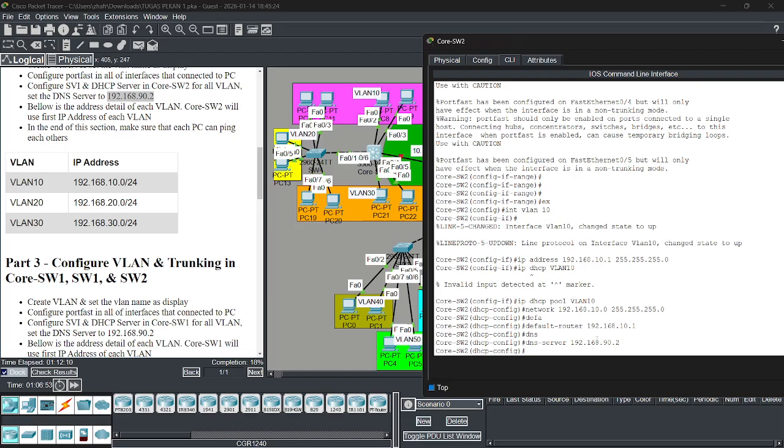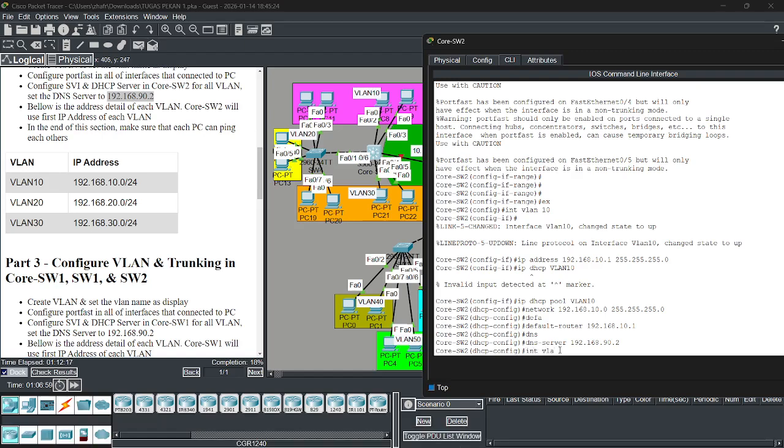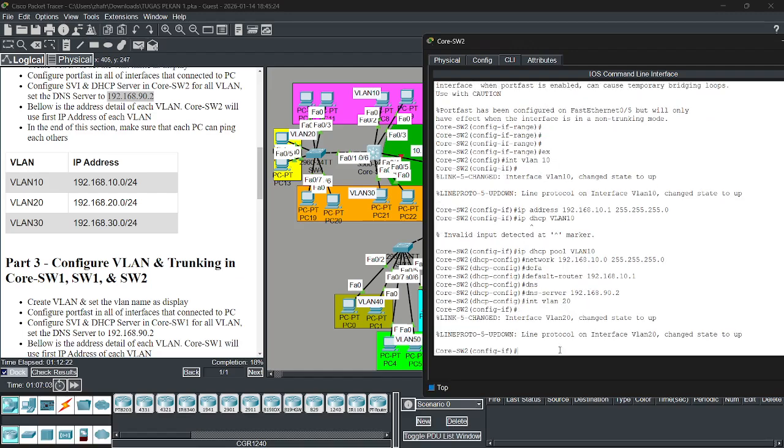and then we go to interface VLAN 20. VLAN 20 IP address is. Okay.